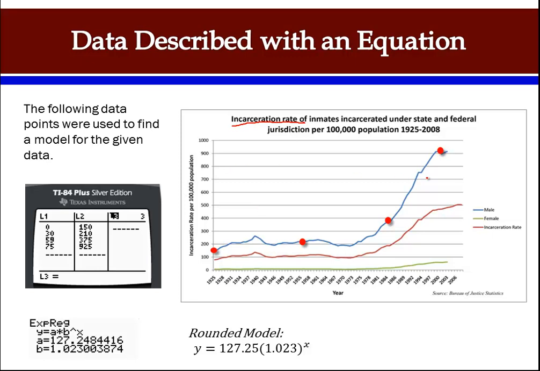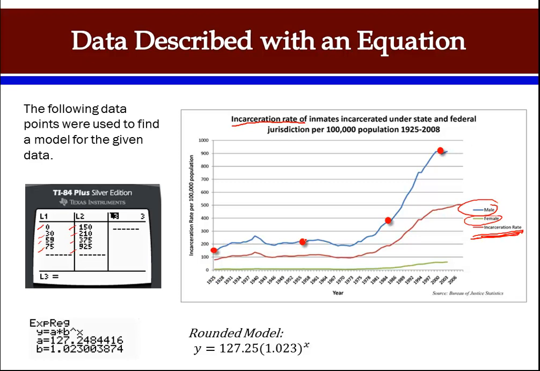We've got actually 3 graphs or functions going on here, one for males, one for females, and then the general incarceration rate out of 100,000. I made a model using my calculator, something you will learn to do later. I picked just 4 data points, which I've graphed along one of the graphs for males here. Here they are in my calculator. Again, you'll learn to do this yourself a little bit later. I've estimated those values to be